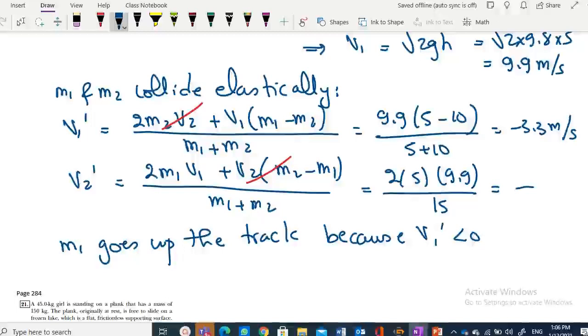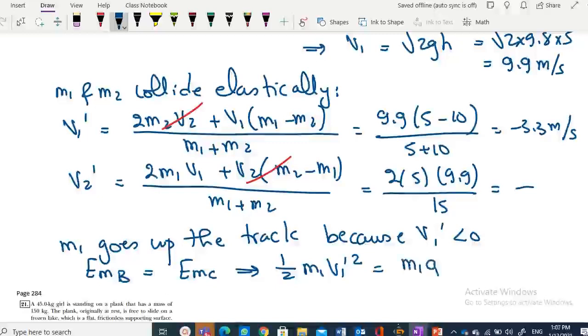So I now apply the conservation of mechanical energy. The E mechanical at B equals the E mechanical at the point it will reach, which I will call C. So I will get E mechanical at B: when it started it had only kinetic energy, no EPG, since I take the reference at the bottom. So I will get half m1 V1 prime squared, and its speed is the speed after the collision. When it reaches point C, which is the maximum height,